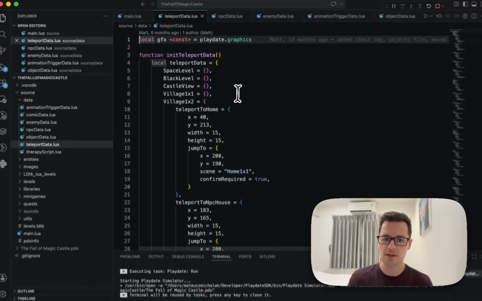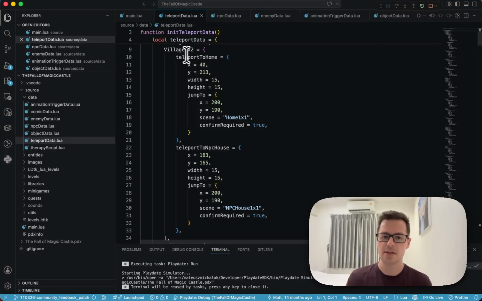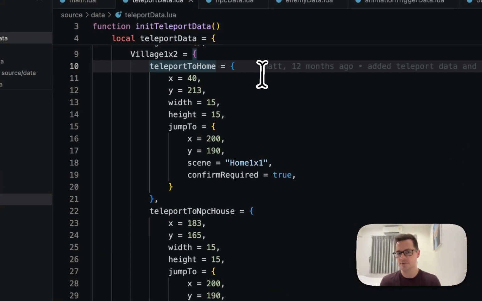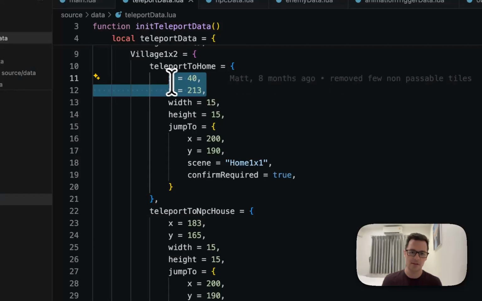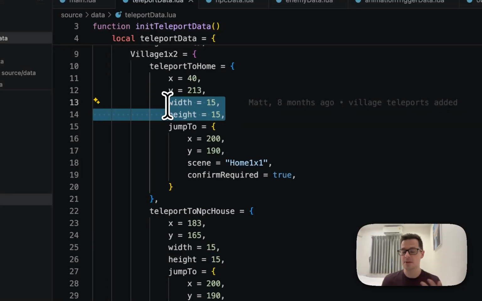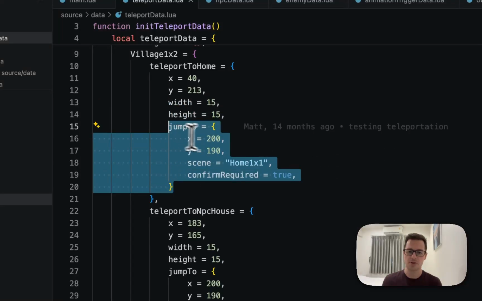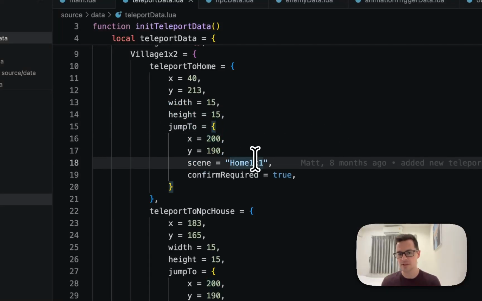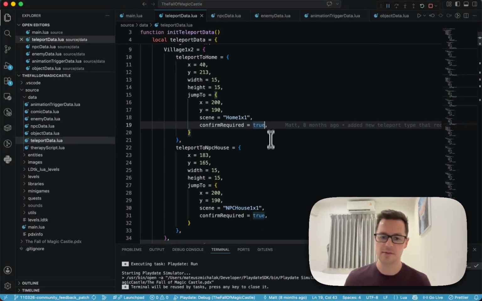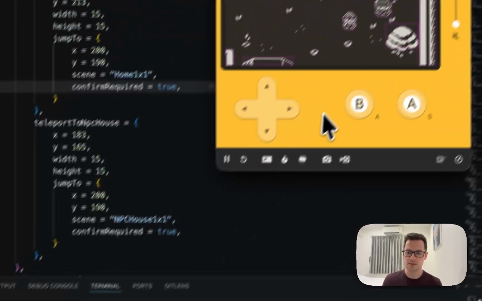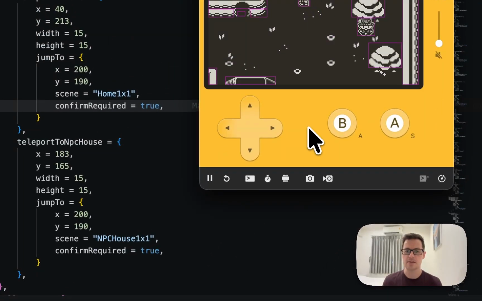With the teleporters, I specify the name of the level, the name of the entity or the teleporter, where it is supposed to be placed, what the dimensions of that trigger are, and where I want to jump to, which coordinates I want to jump to at which scene, and whether I even need to confirm that I want to go there. In some cases I do want to confirm that I'm going somewhere, like for example